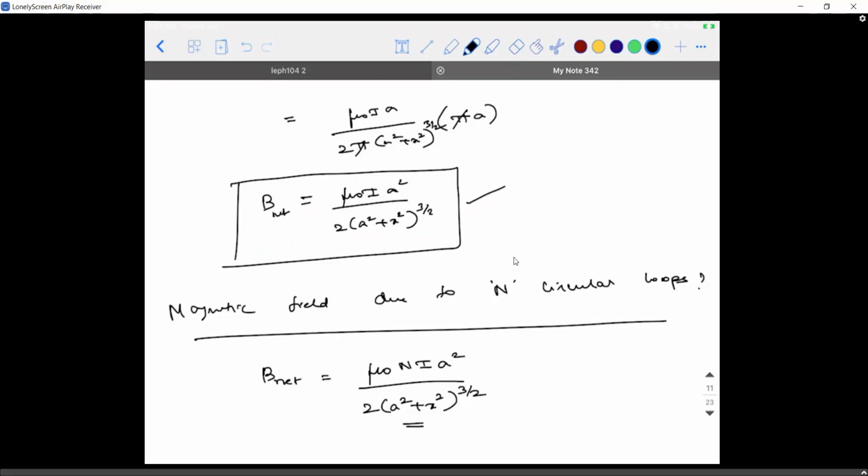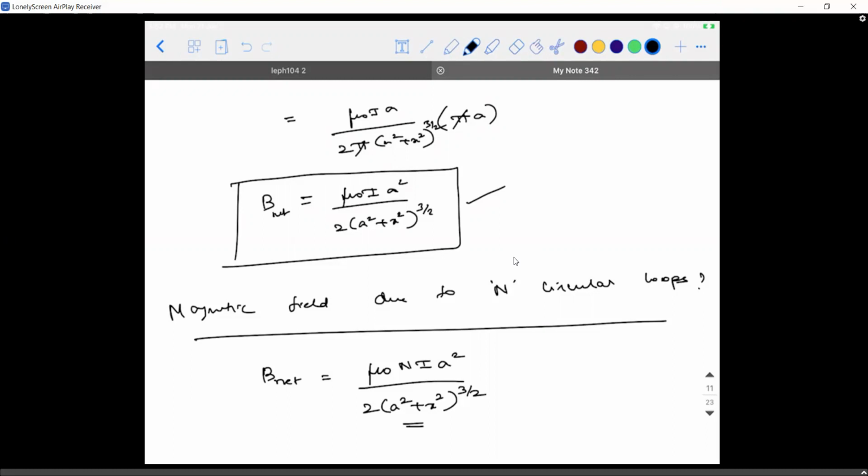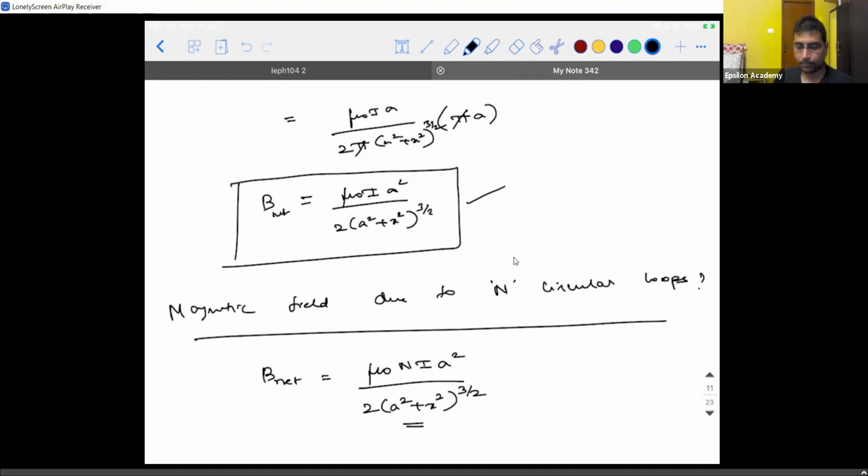Sir, please tell me, what do you mean by n circular loops, sir? N loops means one level. See, okay, I'm removing this wire. Just a minute. So I have a wire in my hand. Let's say this is the current carrying conductor. If I hold it like this, it's going to be a straight current carrying conductor. Now, if I take this and turn it like this in the form of a circle, this is a circular loop of obviously one turn.